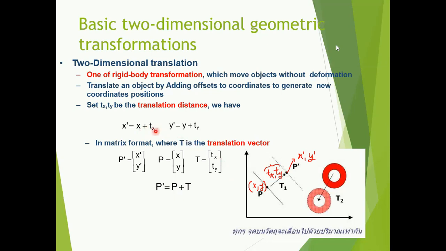Now all this is written for only one single point. Suppose you consider a triangle. A triangle consists of 3 points, so this is again a polygon. If you want to apply the translation to the triangle, you have to write separate equations for x dash, y dash. That means for all points, you have to generate 3 new points.